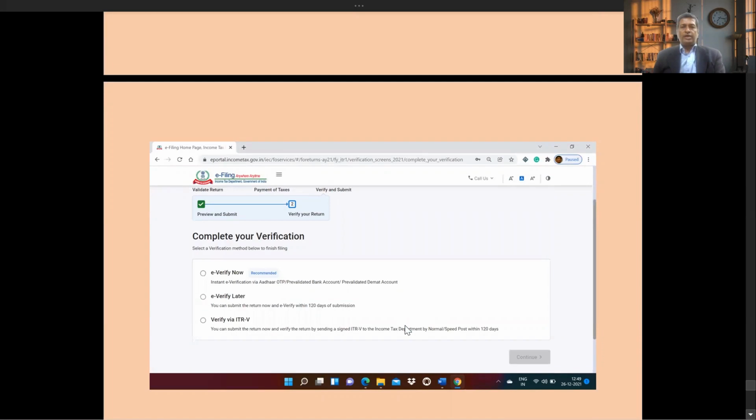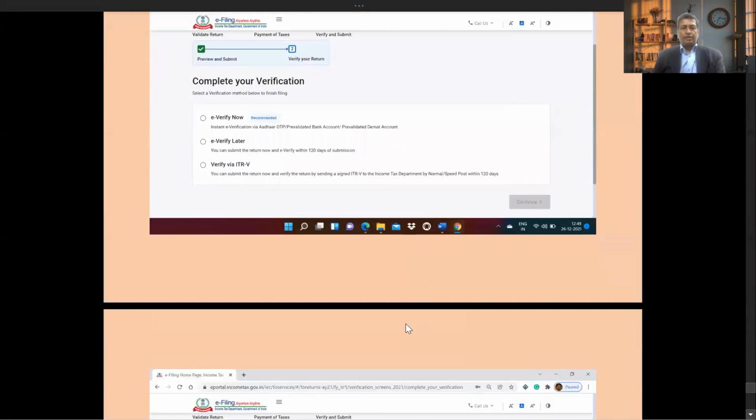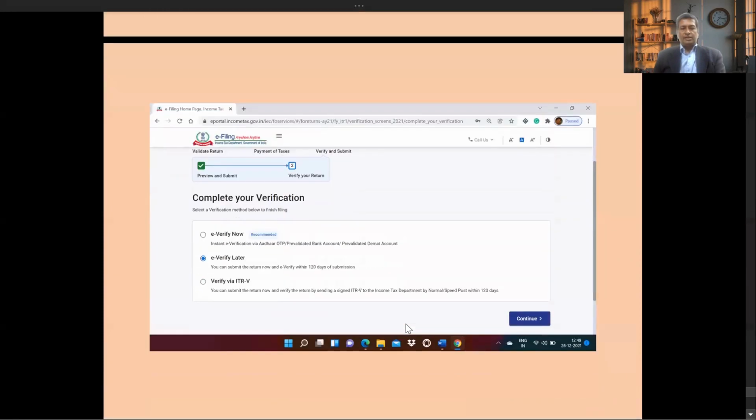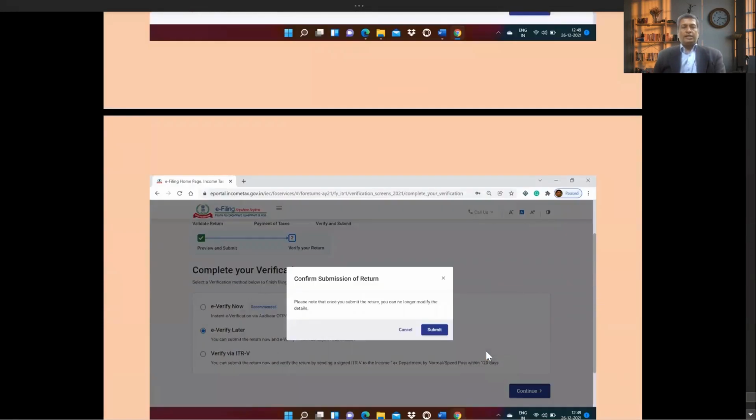You can verify your tax return either through Aadhaar or through net banking or by physically posting the ITR file. Once you select that, you say continue, and then this screen will appear. In this screen, if you say submit, the return will be submitted, and then you'll be able to download the ITR file as well as your tax return for your records.